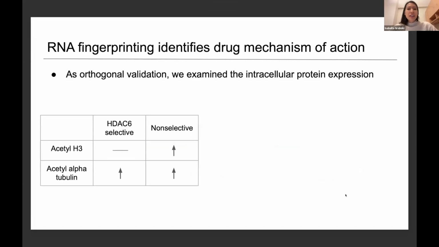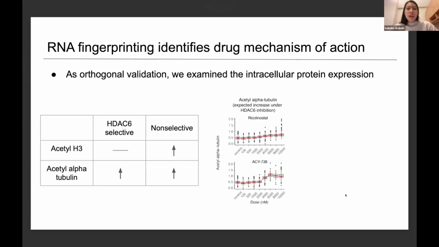Because we also profiled intracellular proteins in these same cells, we had an opportunity here for orthogonal validation. In particular, we considered 2 canonical markers of HDAC inhibition, acetyl H3 and acetyl alpha tubulin. Under an HDAC6 selective inhibitor, we should only see an increase in acetyl alpha tubulin but not acetyl H3. By contrast, a non-selective HDAC inhibitor would be expected to increase both acetyl alpha tubulin and acetyl H3.